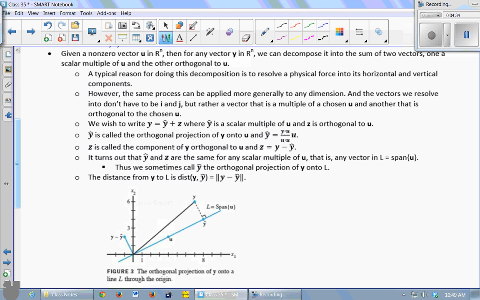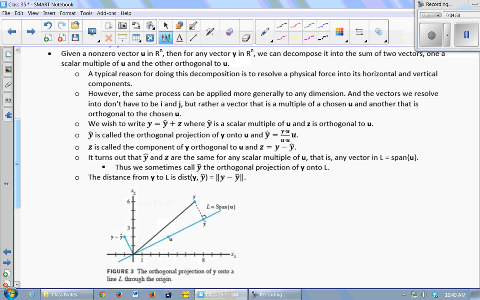All right, so given a non-zero vector u in Rn, then for any vector y in Rn, you can decompose it into the sum of two vectors. One a scalar multiple of the given u, and the other orthogonal to u. So that sounds super crazy. It took me a while to wrap my brain around it until I read the part about decomposing forces. And I was like, oh yeah,